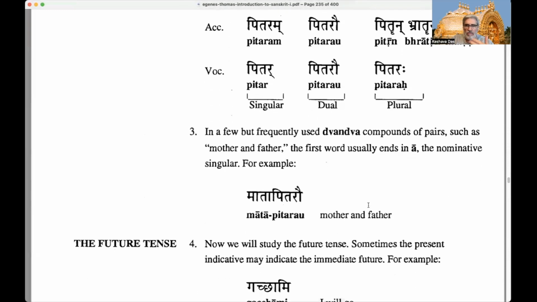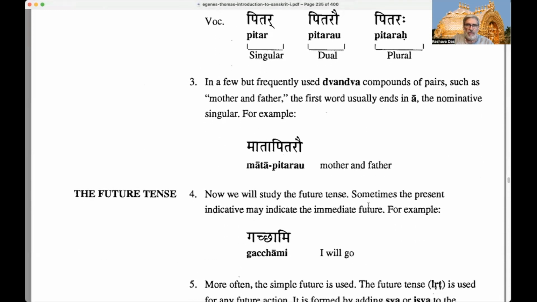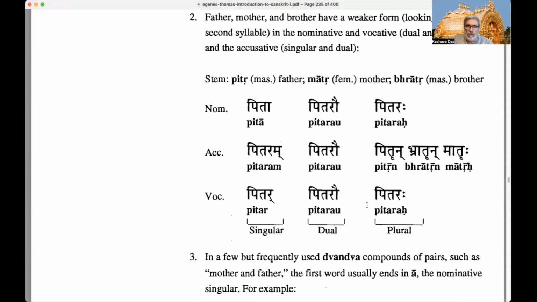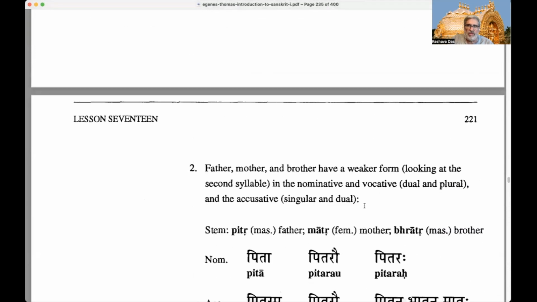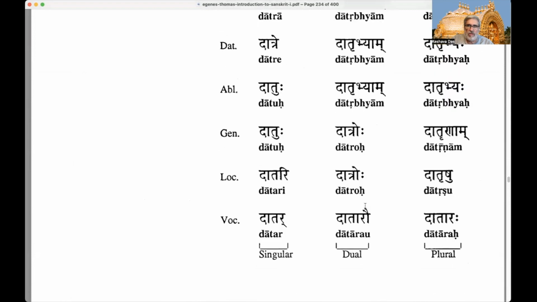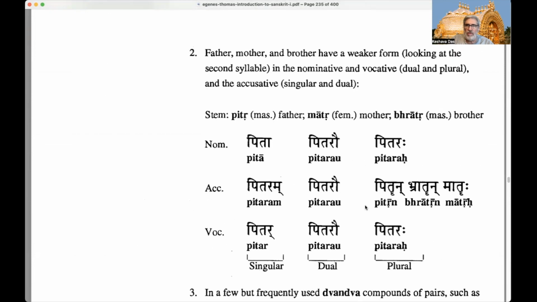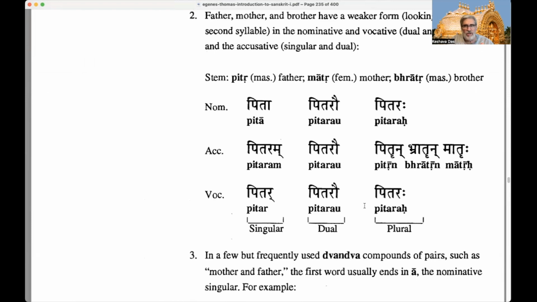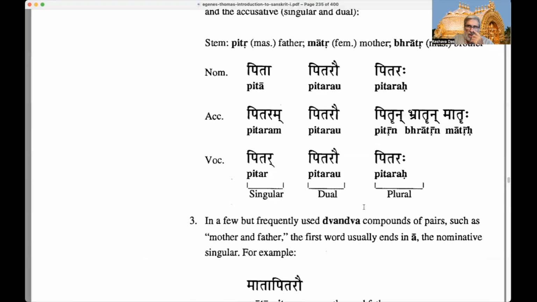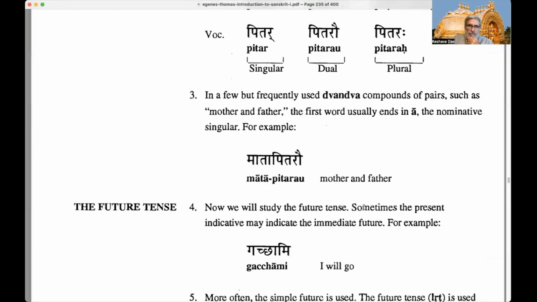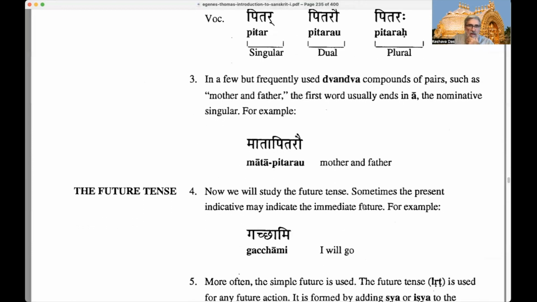Okay, so now we've learned re-ending nouns, and we've learned masculine and feminine. We weren't presented with any neuter ones, which is probably because they're usually relationships, they're usually people, and they're usually agents of action. Okay, so number 3 here. This is just to go with that. In a few but frequently used dvandva compounds, and remember in the last lesson we learned about